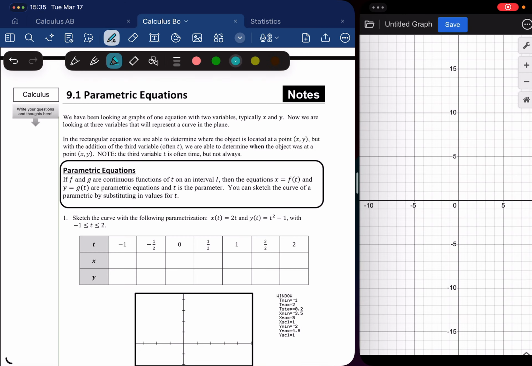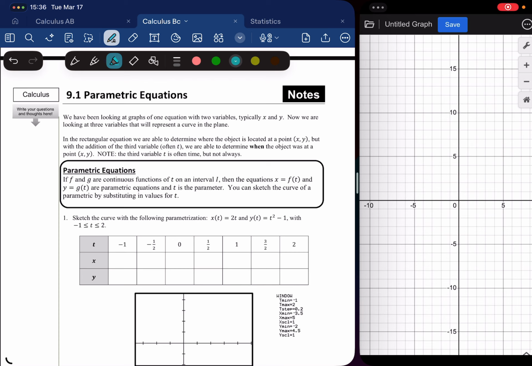Okay, 9.1 parametric equations. We've been looking at graphs of one equation with two variables, typically x and y. Now we're going to look at equations with three variables that will represent a curve in a plane. In the rectangular equation, we are able to determine where the object is located at a point x, y, but with the addition of a third variable, often t for time, we're able to determine when the object was at